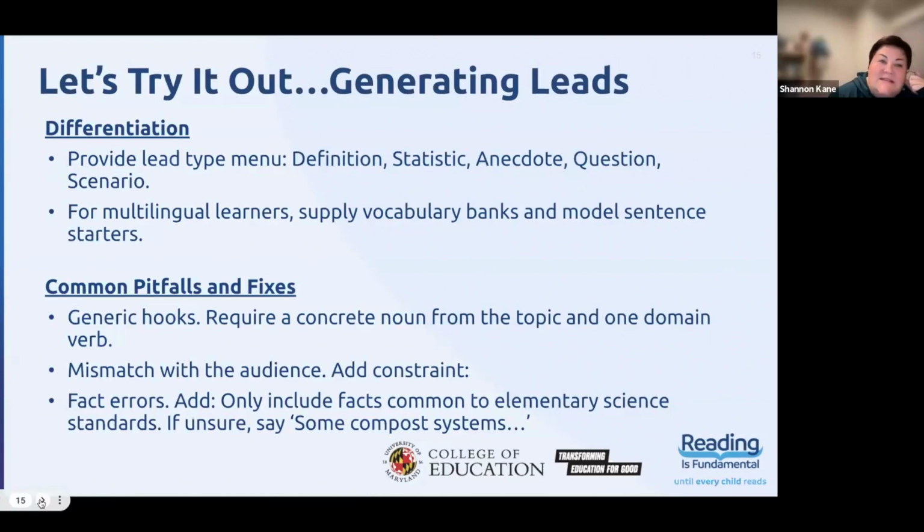The other thing I want to emphasize and notice, this isn't necessarily to teach hooks. Your students may already have learned that, and now we're learning how to produce it and write it ourselves, right? And so again, just like if you were brainstorming with the student, they have this opportunity to brainstorm with AI.